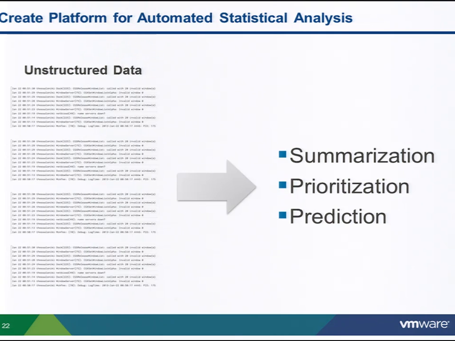Or, I have a query that returns 100,000 results. What's in those results, right? So we actually believe that it's incredibly important and the core of what we were doing to create this platform for automated statistical analysis. And that's a big word, another big word. But what does that mean? That means, we're applying